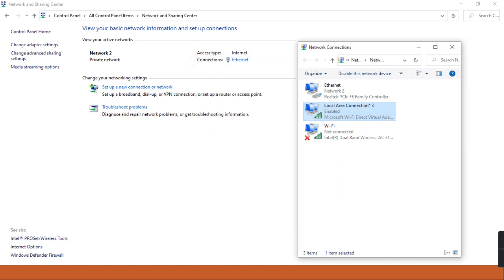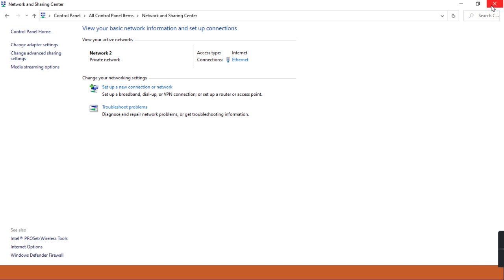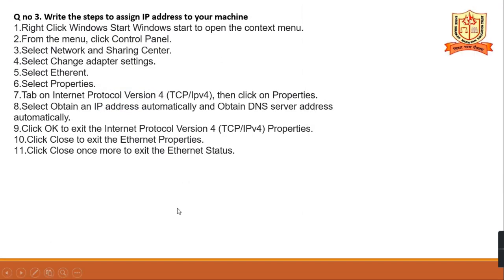Is it clear? So I'm closing this. Right click on Windows Start button, control panel, network and sharing center, adapter settings, select Ethernet properties and IPv4 properties, obtain the IP address automatically and the DNS server, and click on OK. This is how to change the IP address. That completes practical 14.